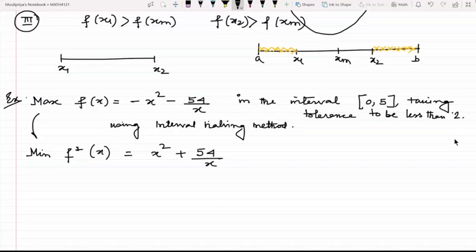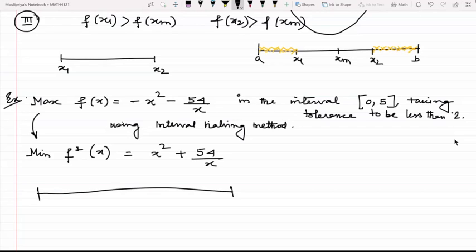Do remember, even if we are given a maximization type of a problem, we would be able to solve it using any optimization technique that we are being told. First point is converting the maximization type problem to its corresponding minimization type, then apply the method accordingly. So once we have converted this,